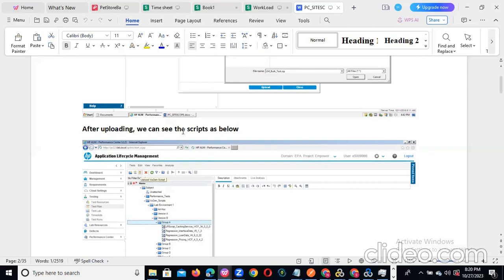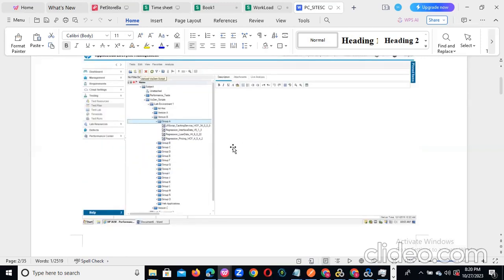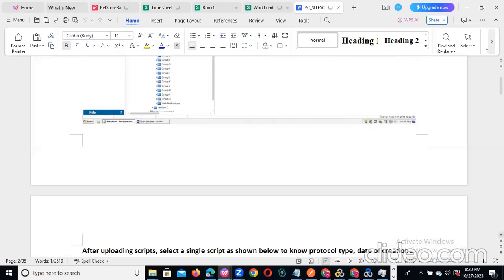After uploading, we can see the scripts as below. You can observe we created some VuGen scripts. After that, you can see these are the scripts. However many scripts you uploaded, we are able to see that many scripts. So after they are successfully uploaded, and after that,